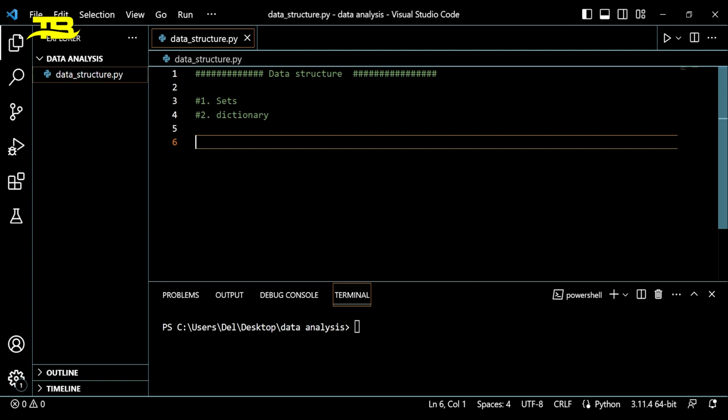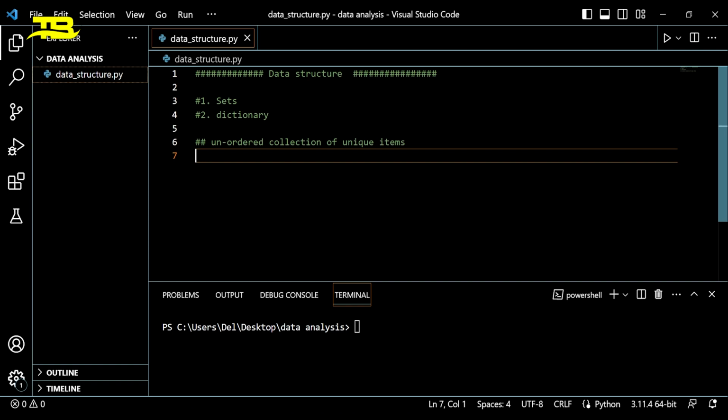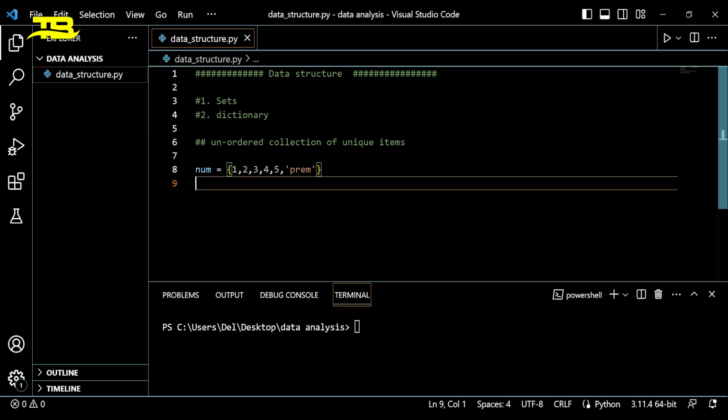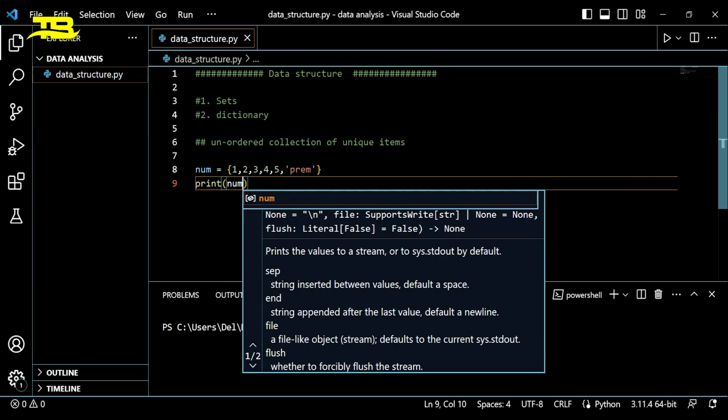So what is a set? Let's discuss. A set is basically an unordered collection of unique items. What does it mean? Unordered collection basically means if we have any item inside a set, you cannot track any item through index. So for example, we have num equals 1, 2, 3, 4, 5, and let's suppose we have it in a set. And if I print this set, num,